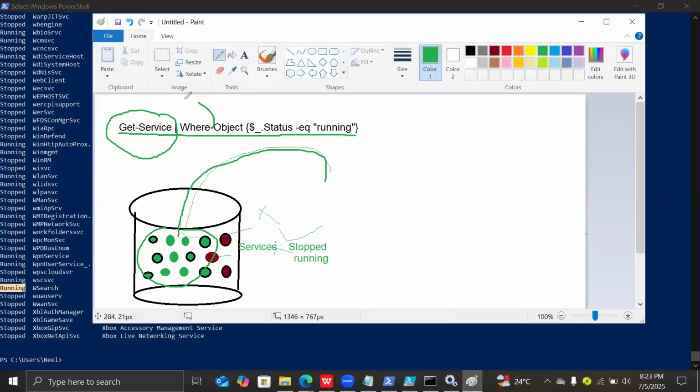So until that processing completes, how is it happening? Now the $_ makes you keep that in a temporary buffer. This $ is a variable. Underscore is a temporary variable. It helps you, for whatever process is happening, to keep that meanwhile until the whole process completes. What I'm telling, first one is